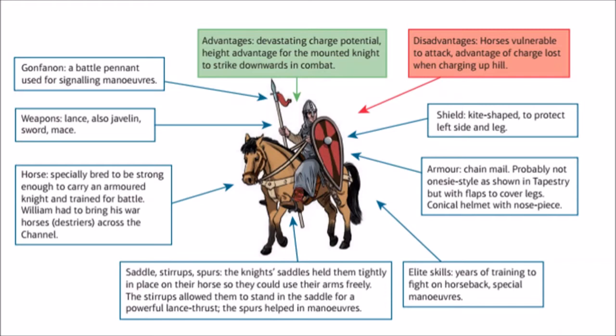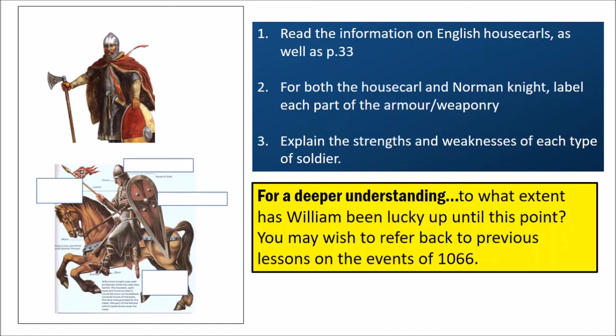Okay, for a deeper understanding, to what extent has William been lucky? Well, he's lucky because the weather trapped him in France, thus allowing the Vikings to invade first, which drew the English forces north, exhausting them and giving his men an advantage, which we're just about to look at now. Okay, so William finally set sail in mid-September, and he landed in Pevensey on the 29th of September